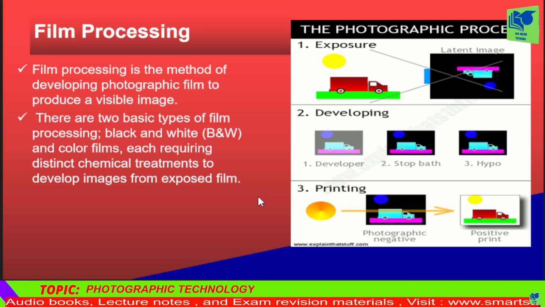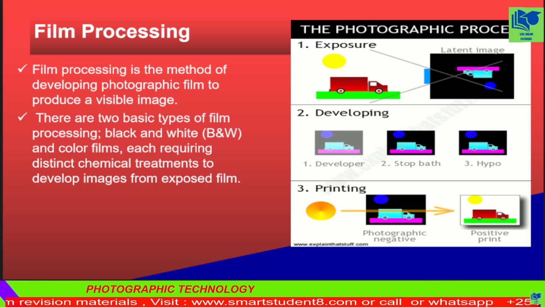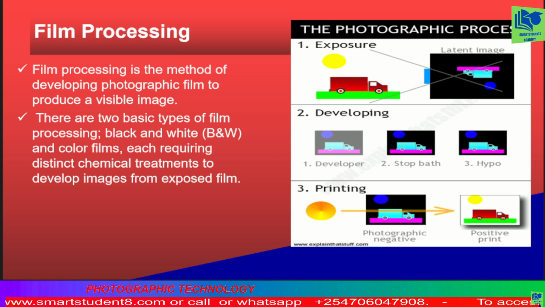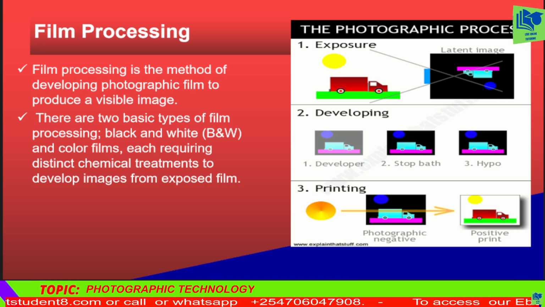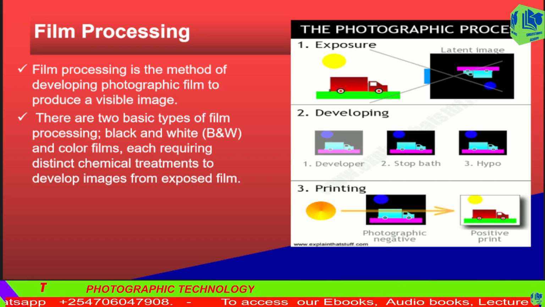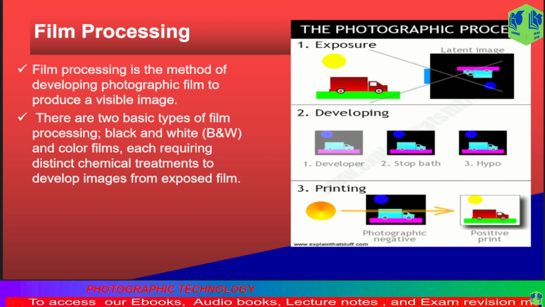There are two basic types of film processing: black and white, BNW, and color films, each requiring distinct chemical treatments to develop images from exposed film. Color film processing involves more chemicals and steps compared to black and white. Furthermore, color photography development also requires stringent temperature control. Also, due to the precision required, color film development often benefits from specialized equipment to maintain consistent temperatures and agitation, whereas BNW film can be processed with more basic tools. Generally, black and white film processing is less expensive and more accessible for home developers, while color processing can be more costly and may require access to specialized equipment or